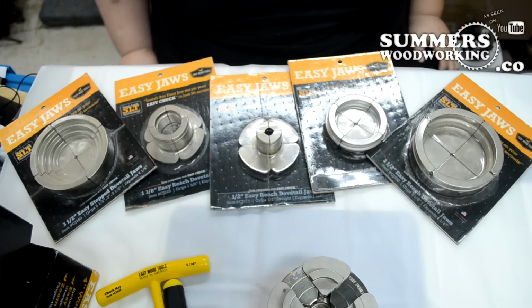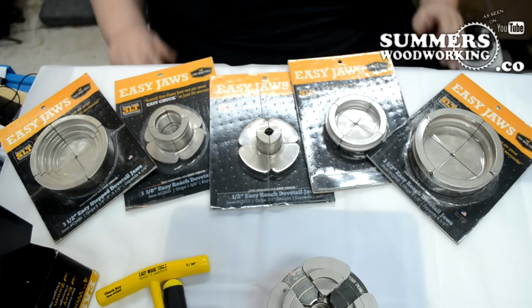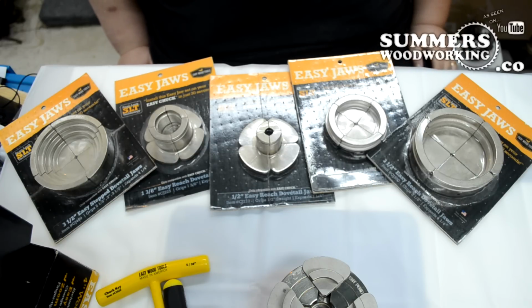All these could be purchased over at Easy Wood Tools. If you have any questions about this chuck, get a hold of Easy Wood Tools. And if you have any questions for the Nova Infinity chuck, go to